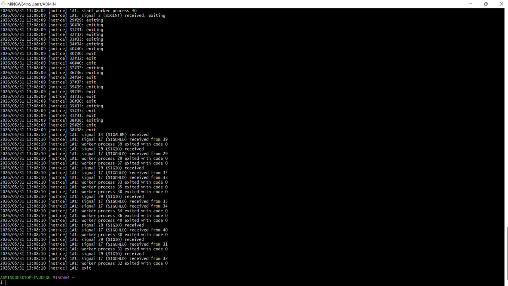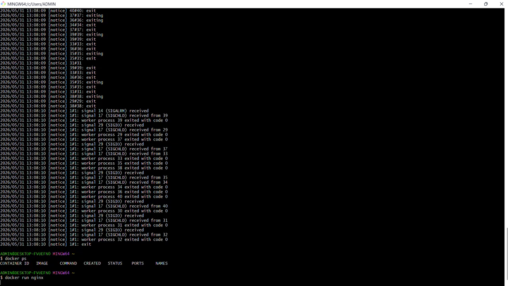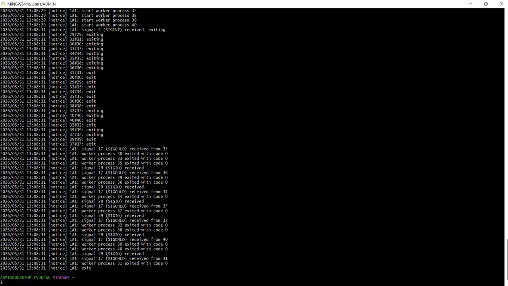Understand, guys? Now Docker ps. Here we are going to find the container. Nothing is there, guys. Nothing is there. I need to create it. Again the same process.